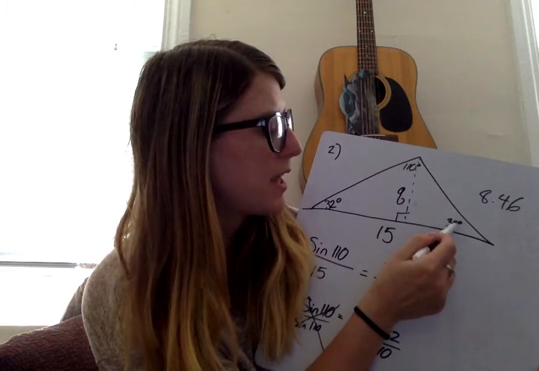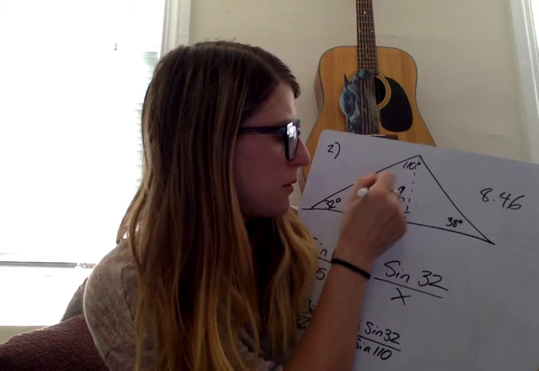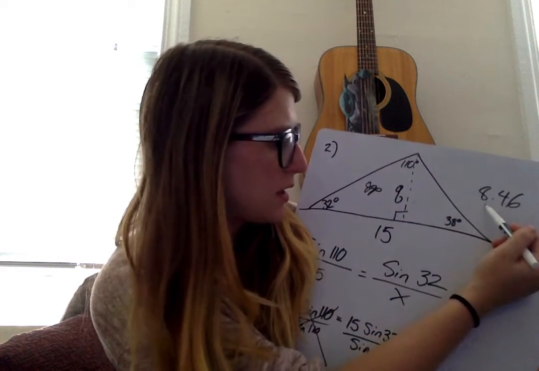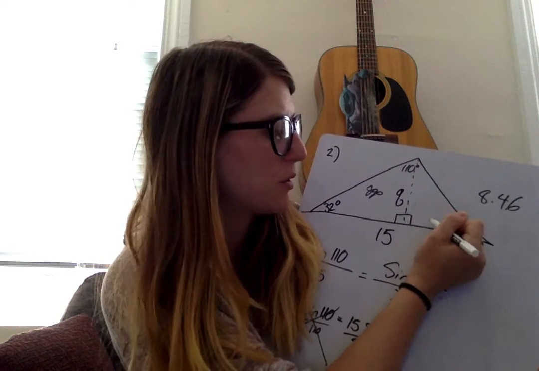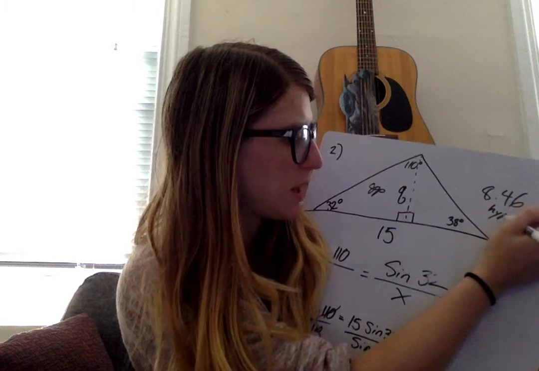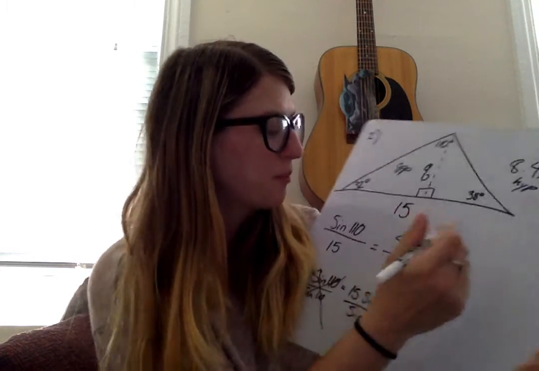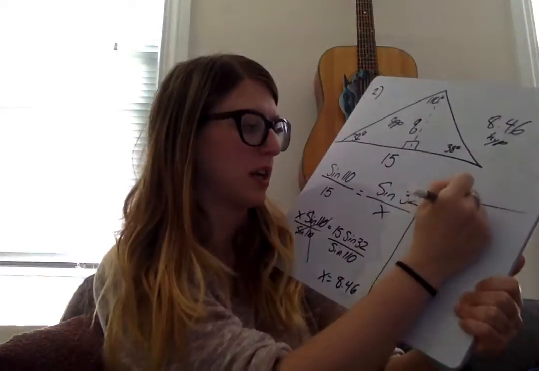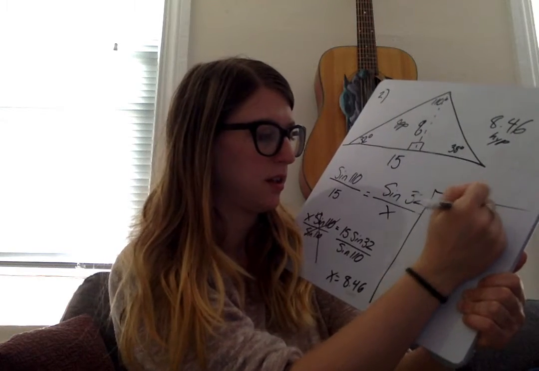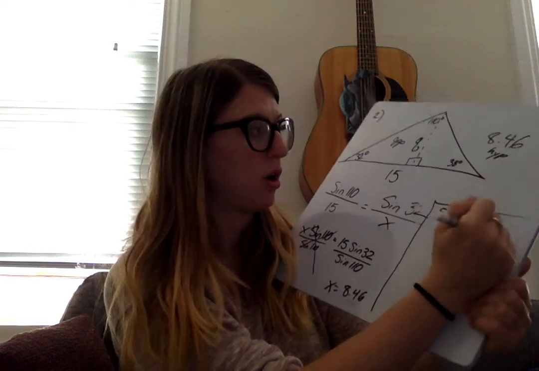So this is a Q. I have 38 here, which means this is my opposite side. And this is my hypotenuse, because if that's 90 degrees here, that's also 90 degrees here. So this is my hypotenuse and this is my opposite side. And now we're going to solve for Q. So I'm going to cut this up a little bit. Sine of 38 equals opposite, which we said was Q, over